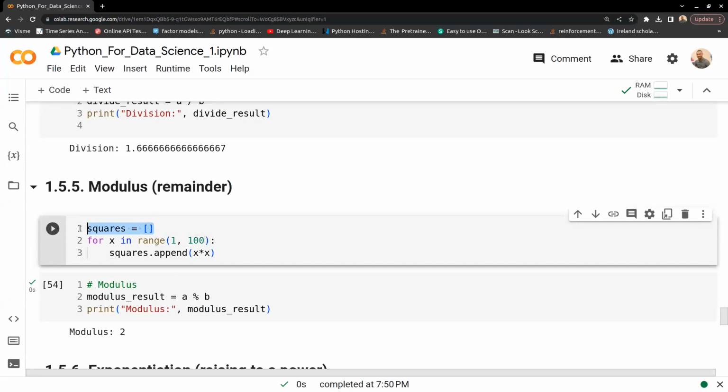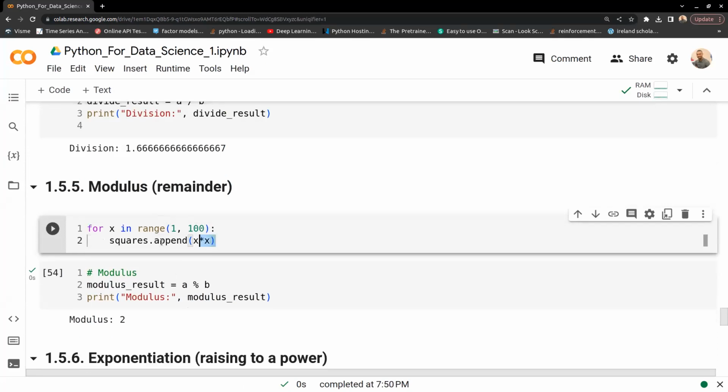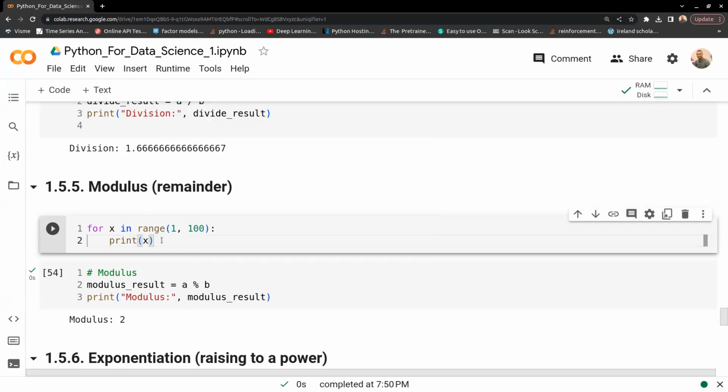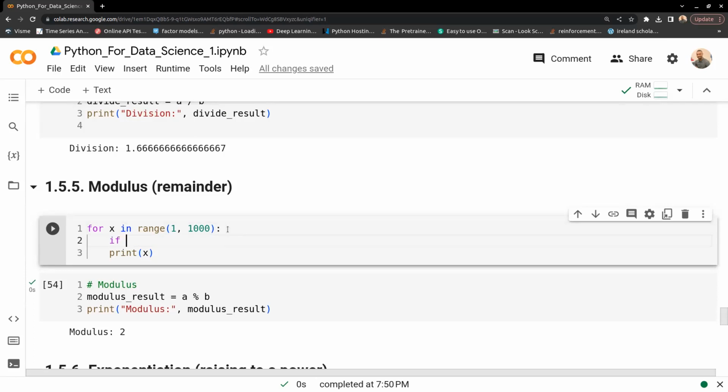I can just delete this. I don't even need this. I don't need this. Now, you want to be printing X, but probably you don't want to be printing X all the time because it's going to be very long, especially when it's really big, like 1,000, and you don't want to see 1, 2, 3, 4, 5, 6 up to 999. So what you can just say is if X modulo 100